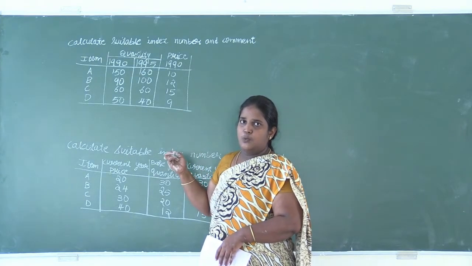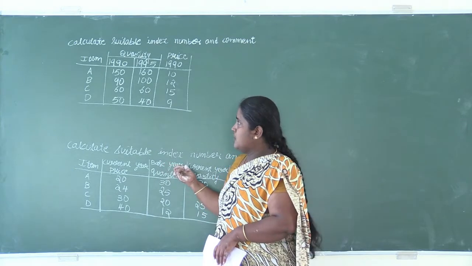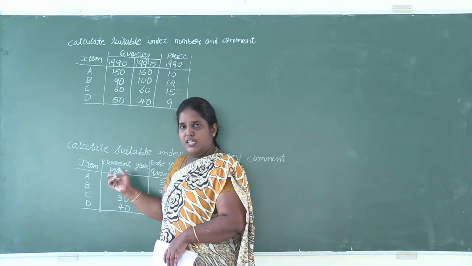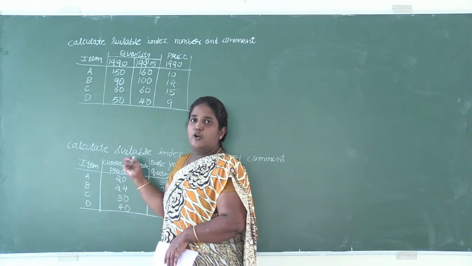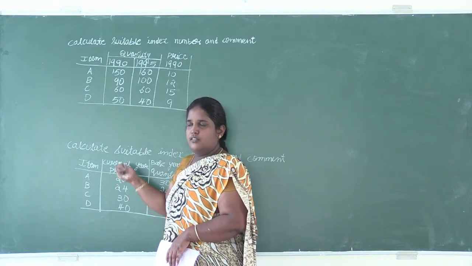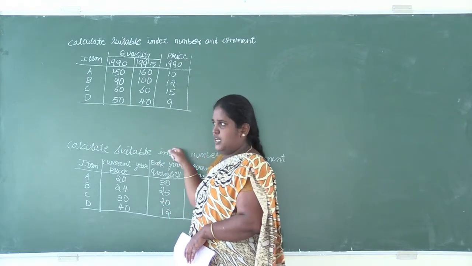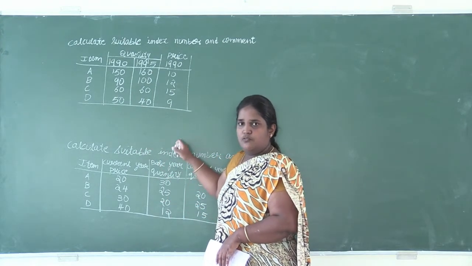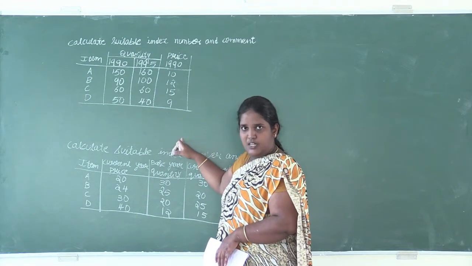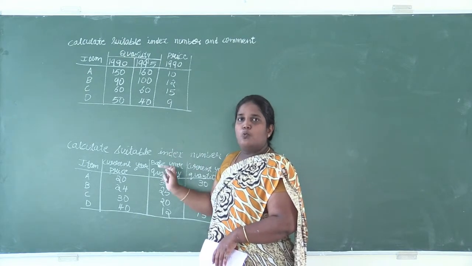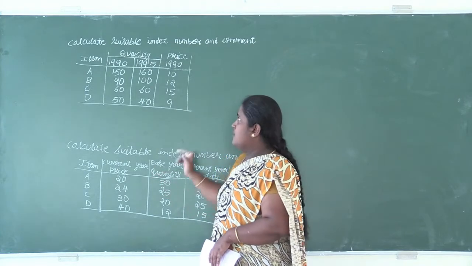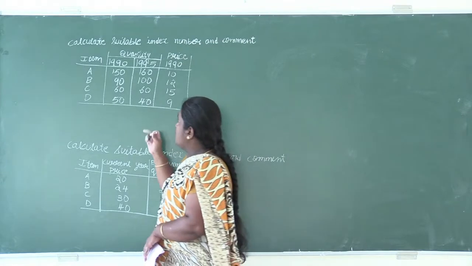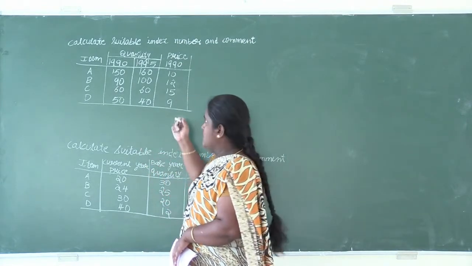And how do we decide whether it is price index or the quantity index? If they have given both the quantities, that is regarding the base year and the current year, and only one price is given, then it will be quantity index number. Similarly, for the price index number, they have to give the base year price and current year price. So two prices should be given, one quantity if it is given, then it will be regarding the price index number. So here now it is regarding the quantity index number.